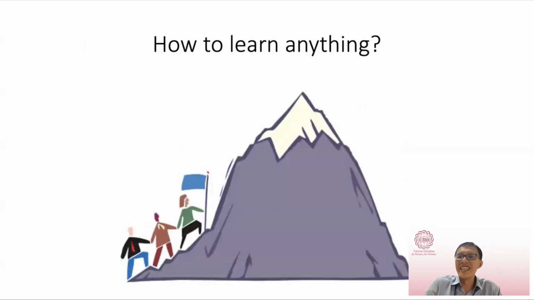So the question often is, how do you really learn anything, right? Of course, as you can see in this picture, usually if you want to learn anything, the social aspect is quite important. That means if everyone is learning the same thing as you, you can progress quite fast because you have a community that can actually help you. So that's one way for you to learn a programming language, for example.